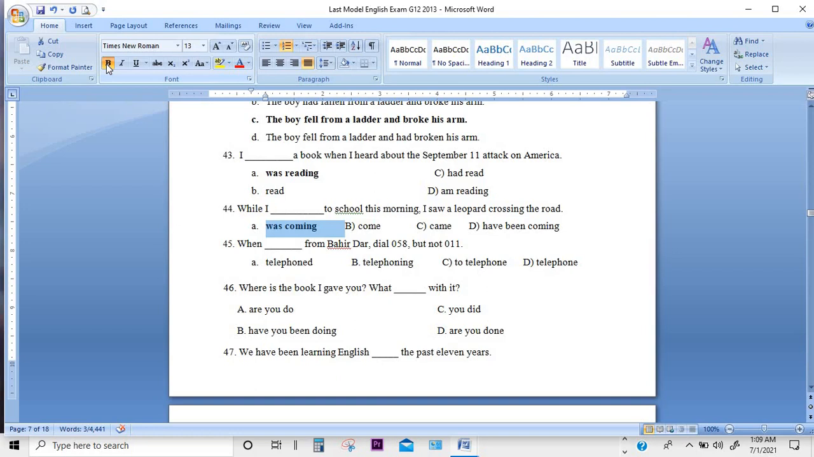Okay, now let's proceed to question number 45. 45 is again a time clause, as you can see: when dash from Bahir Dar, dial